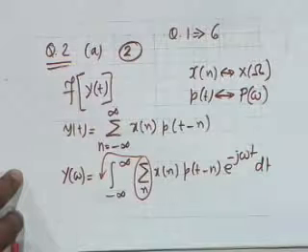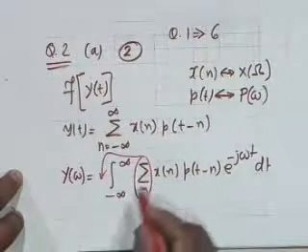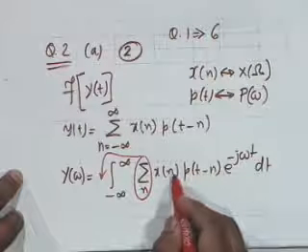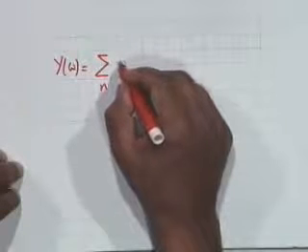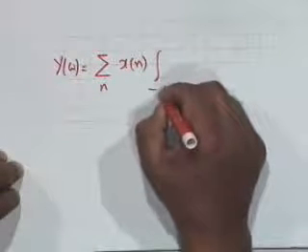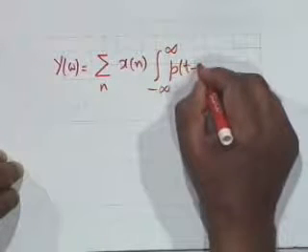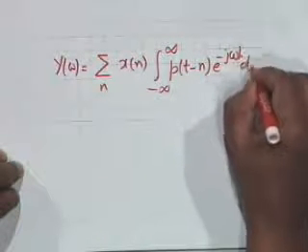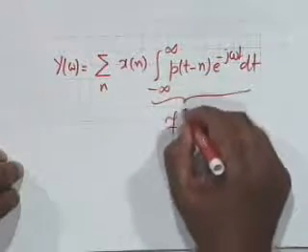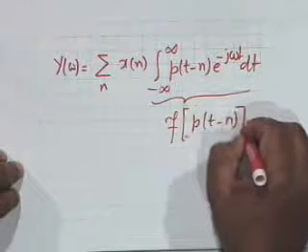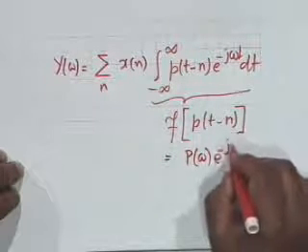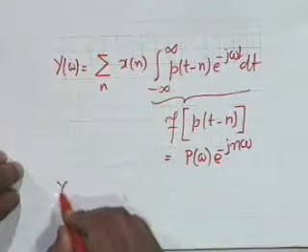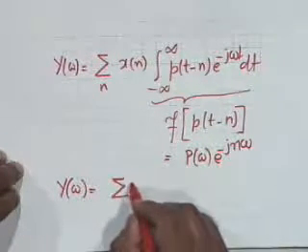We bring the summation on the left because n and t are independent of each other, and if we do that, then x of n is a constant as far as the integration is concerned, and therefore what we get is capital Y of omega is equal to summation over n, x of n remains like this, minus infinity to infinity p of t minus n e to the minus j omega t dt, and you recognize this as the Fourier transform of p of t minus n, a delayed function, and therefore this is capital P of omega e to the minus j n omega,